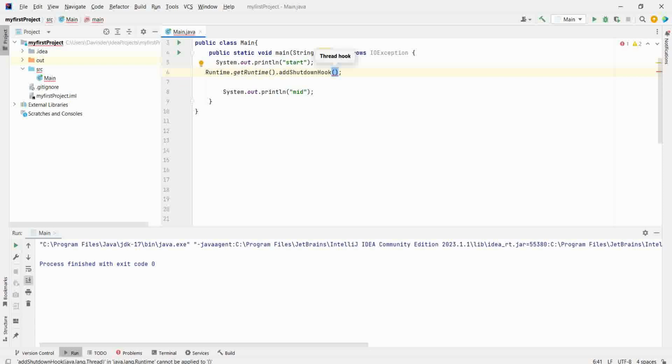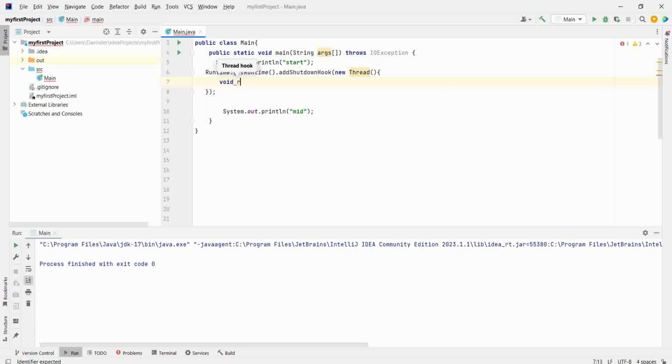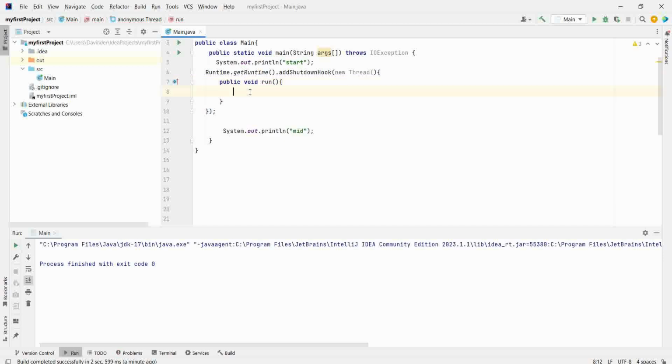Whether I create a thread class and use its object here, or I use the anonymous approach. How to use that? I will write new Thread and then public void run.